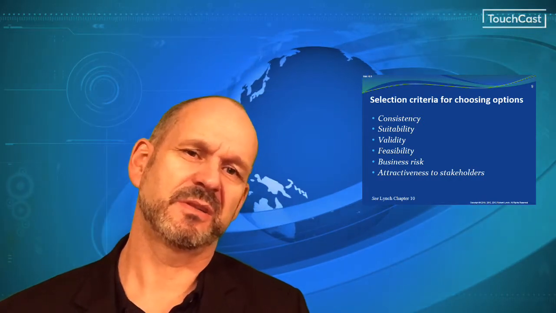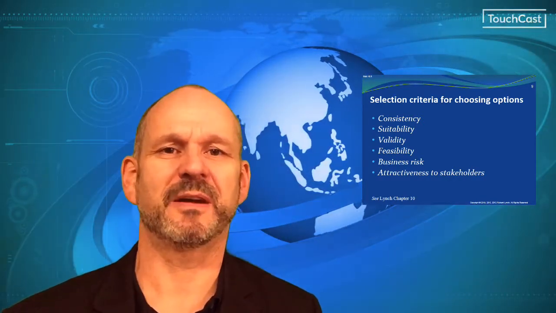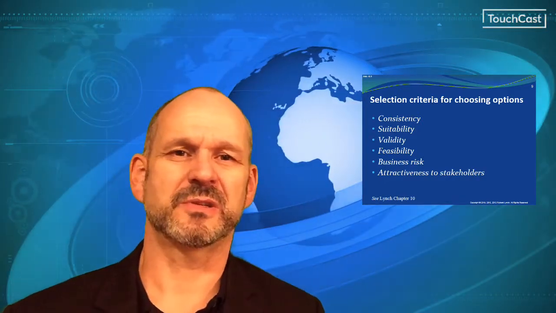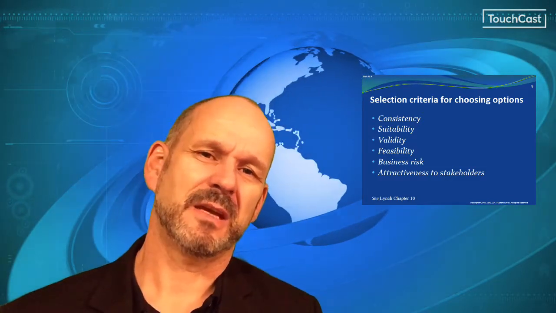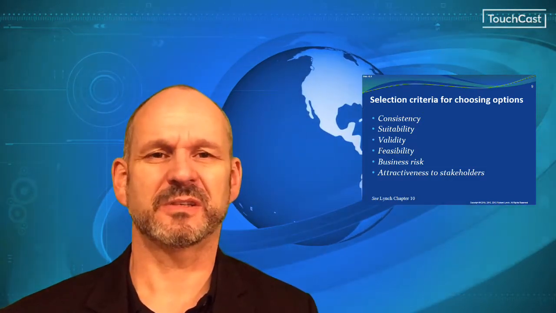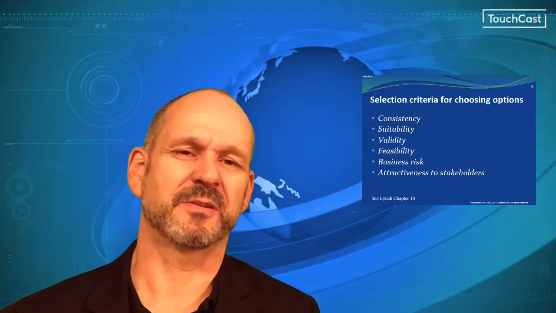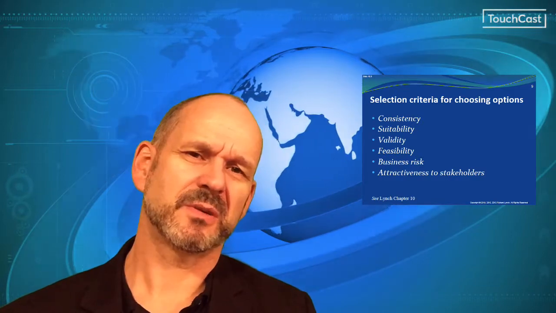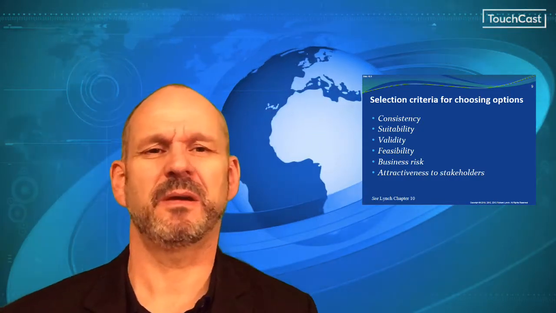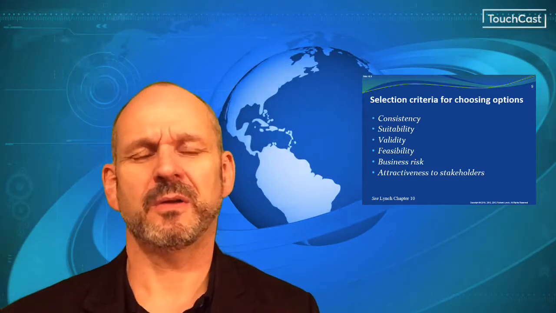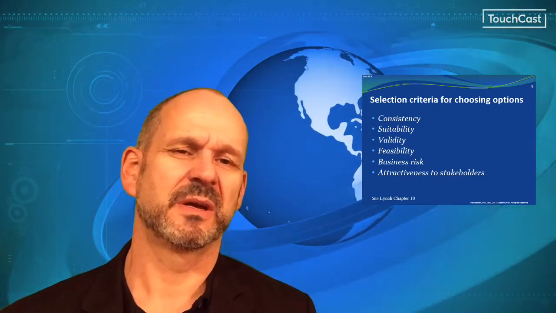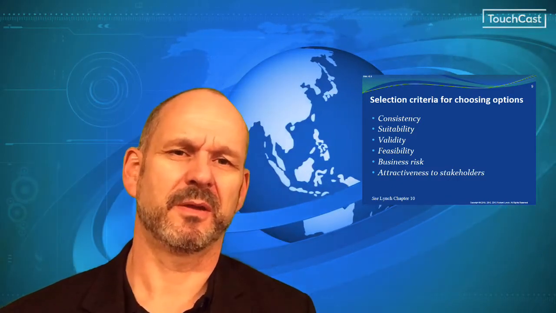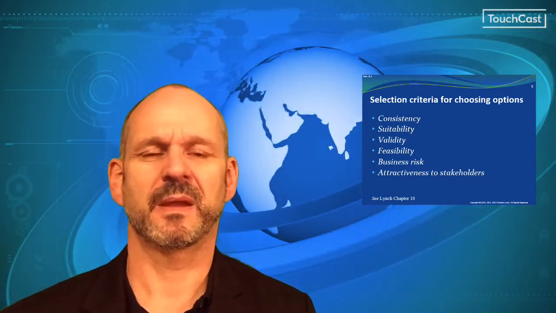The next consideration is feasibility, and this will depend on 3 main factors. Firstly, the constraints internal to the organisation, such as technical skills, and secondly, the constraints external to the organisation, such as the response of competitors, and lastly, the commitment of management and employees. Business risk also needs to be assessed because it may be unacceptable to the organisation, and also the attractiveness to stakeholders must also be taken into account, as some options may be more appealing than others to shareholders and employees.